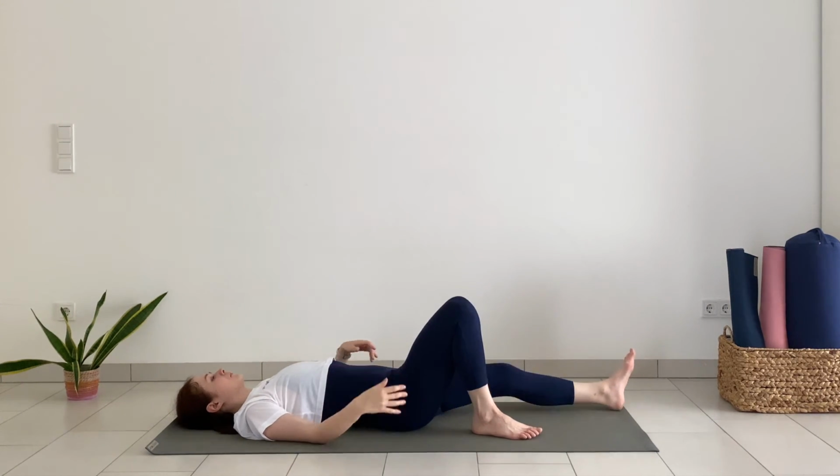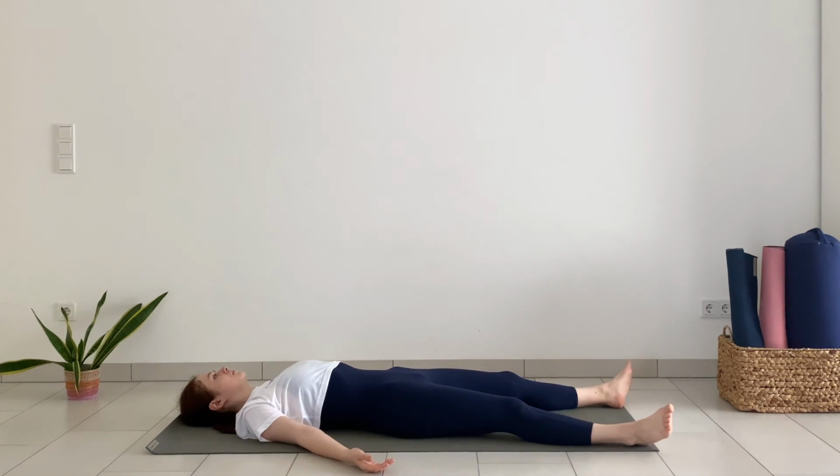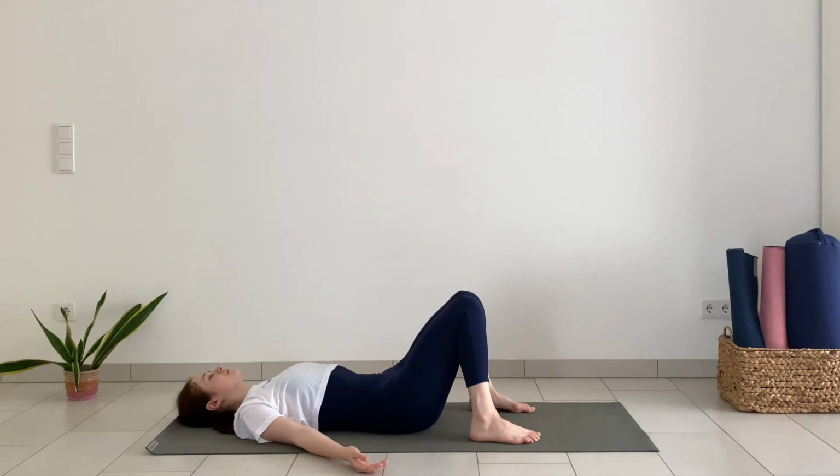Extend your arms and legs out, taking up as much space as you need. Turn your palms to face up. If your lower back feels funny, you can always bend the knees, flatten the lower back on the floor. Separate the feet around mat distance apart and let your knees fall together. Find a position that feels really comfortable, close your eyes,